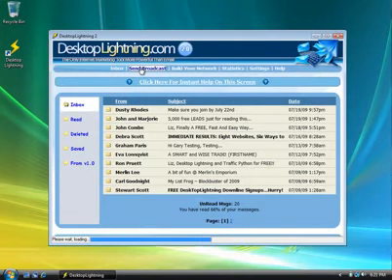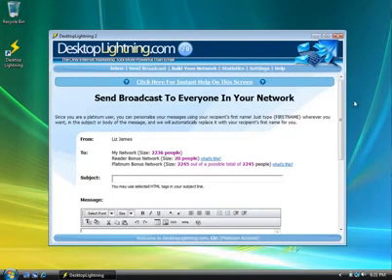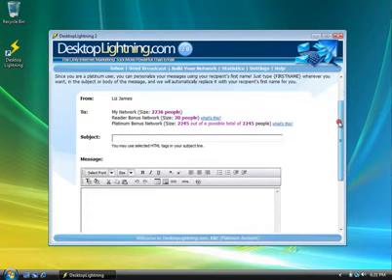It's really that easy. Now, you can see that for this account, the message is going to go out to 3 different networks. One of the networks has about 2,000 people in it. Another one has about 20 people in it. And another one has about another 2,000 people in it. The total here is about 4,500 people. So when I enter a message here and click send, 4,500 people are going to see this message directly on their computer screens, almost instantaneously.